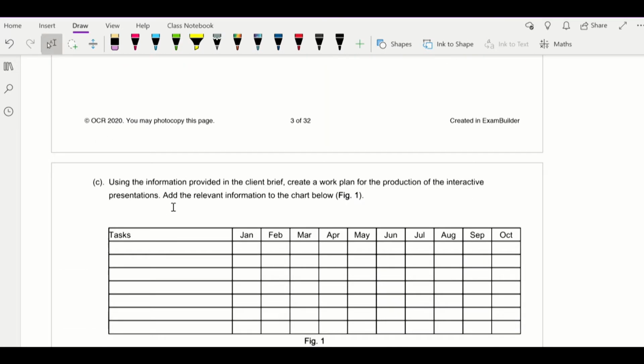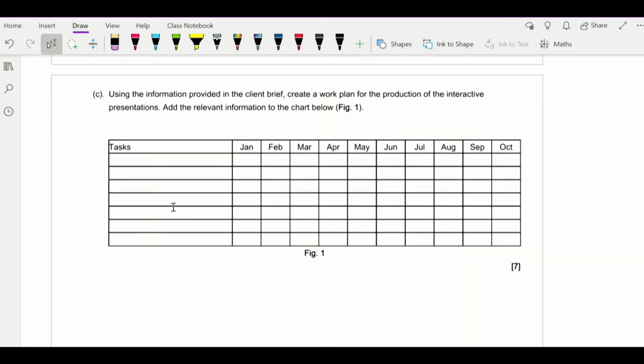Now if we move on to the next bit, it says using the information provided in the client brief, create a work plan for the production of the interactive presentation, add the relevant information in the chart. So one of our tasks could be,